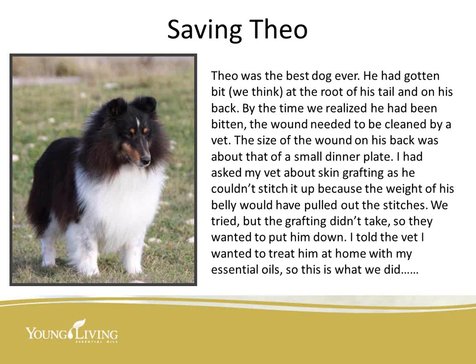So I had asked my vet about skin grafting, as he couldn't stitch it up because the weight of Theo's belly would have pulled out the stitches. We tried. We actually had the skin graft flown in on dry ice, and it didn't take. So they wanted to put him down. I told the vet that I wanted to treat him at home with my own essential oils,